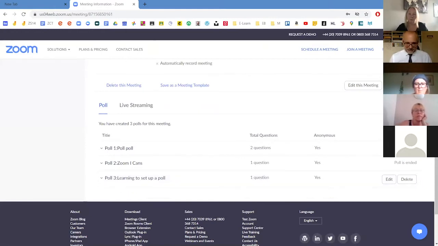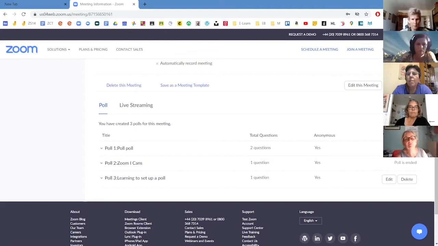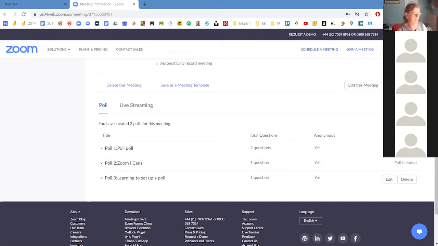Now the downside of me working with you like this is that I can't show you my host's controls, but what I will say is that if you have set up a meeting and set up a poll, you get a little icon on Zoom that says polls. You click on it, and then you can select these and make them run. So it's kind of intuitive,